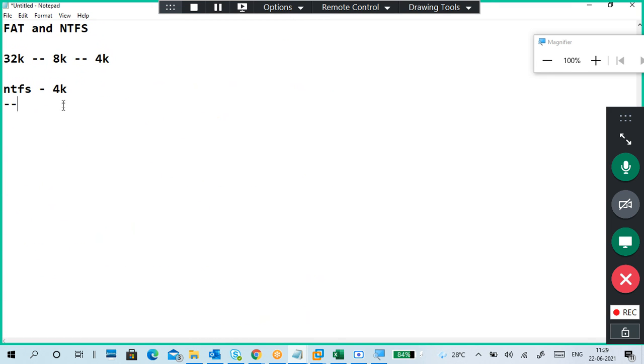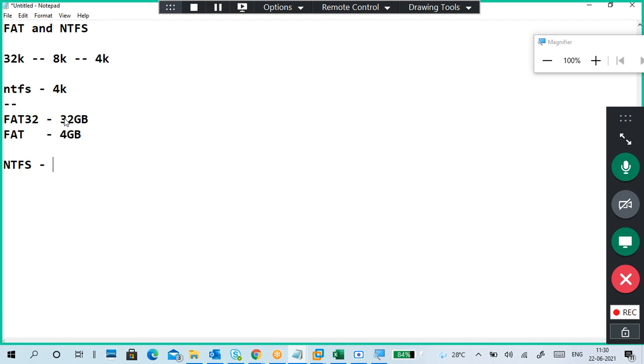Next in differences: the FAT32 file system supports up to 32 GB. FAT12 is generally called FAT, and there are FAT16 and FAT12. The FAT file system in Windows has a maximum partition size of 4 GB only.